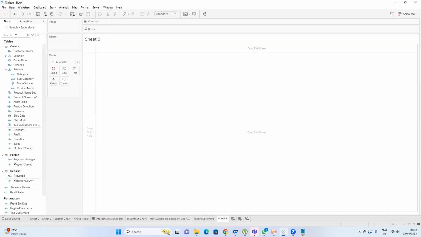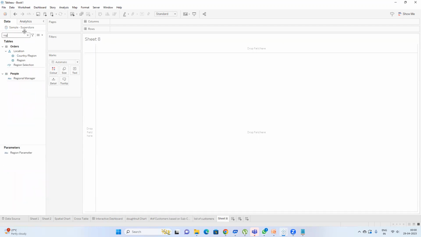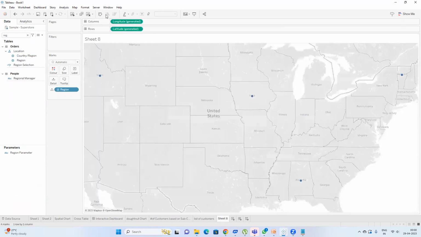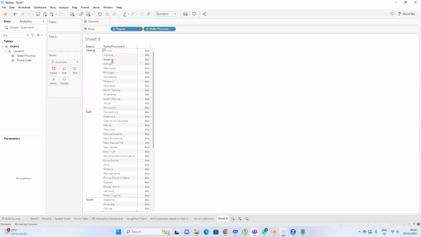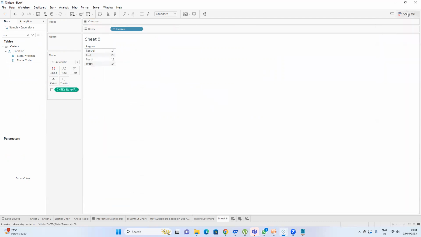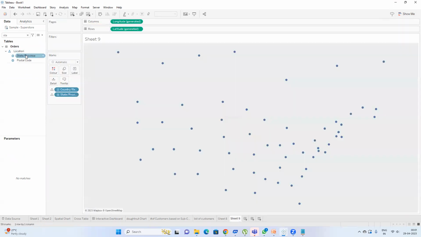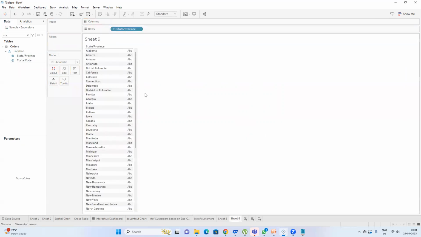Now let's see a different example. I have a region, and I have state. For each and every state, I have a different sales amount, and I have this many states. Let's say I look at the count, and I'll make it so. These are the number of regions that are there. If I want to see what the different states are,